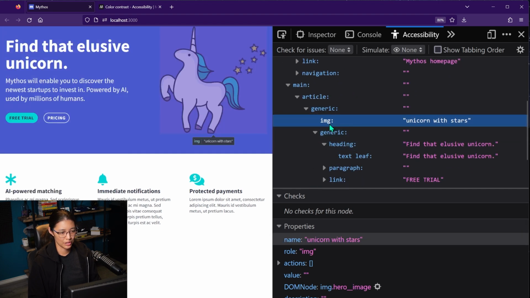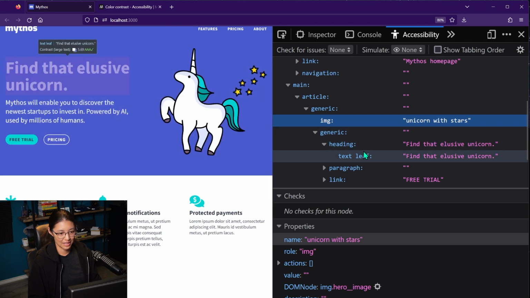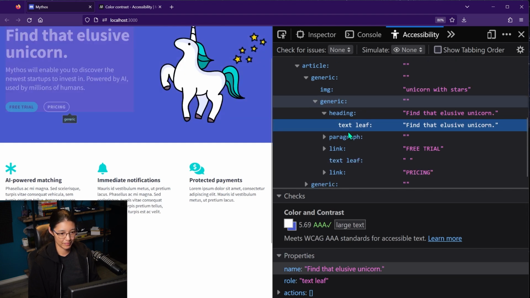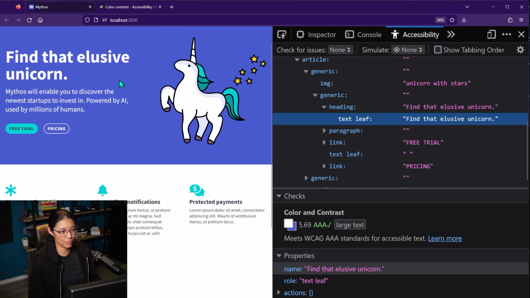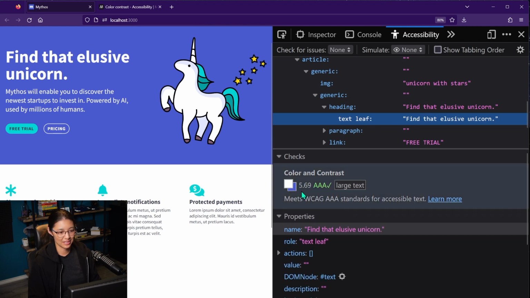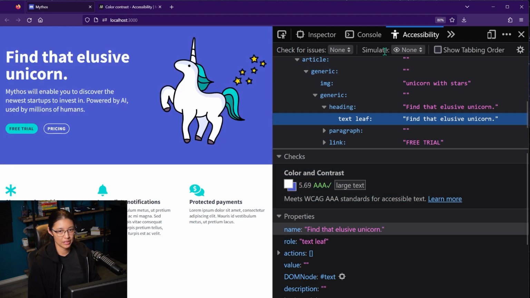For example, for the image tag, it's showing you the alt text, unicorn with stars, and then it tells you the text content of text elements. And now we have this selected with the white on purple background. You can see the color and contrast is 5.69, which meets the AAA standards for accessible text, which is good.